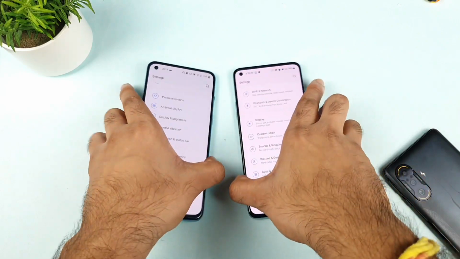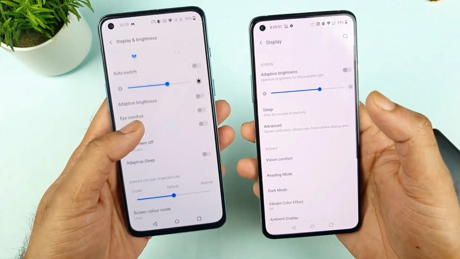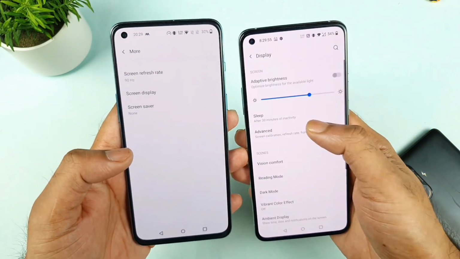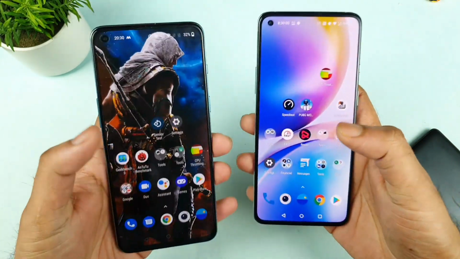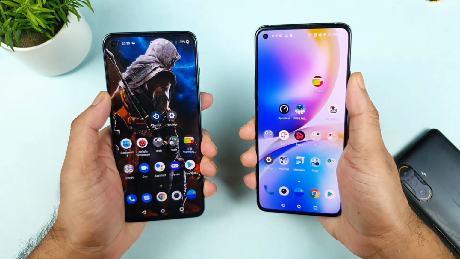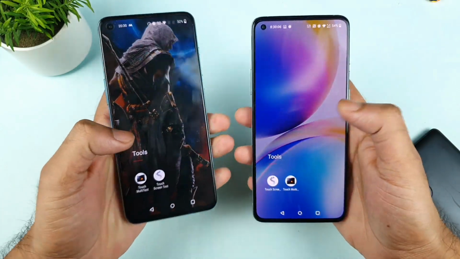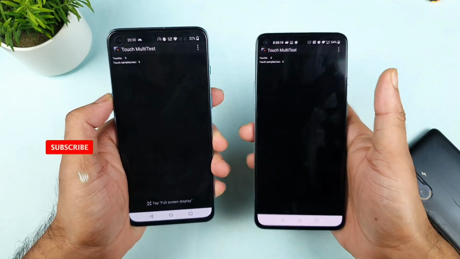First, let's see what refresh rate I'm using during this demonstration. Let's go to the display settings in both phones. I'll show you exactly what settings I'm using. As you can see, 120 Hz and 90 Hz. Whenever we test touch sampling rate, we need to know what refresh rate I am using. That is the reason I'm showing you, and I'll explain why. This is the application I am using to demonstrate which phone has what type of touch sampling rate.